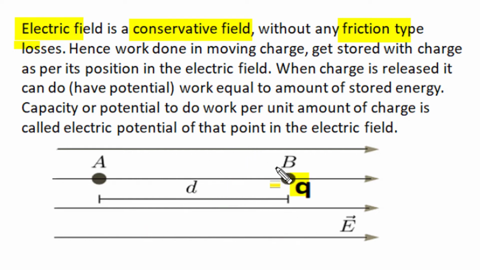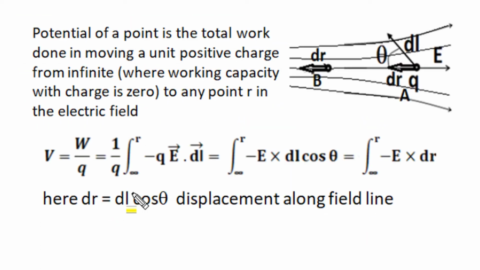A charge has a capability or potential to do work at different positions in an electrostatic field, and we say the capacity or potential to do work per unit of charge in an electric field is called the electric potential of that point in the electric field. At infinite distance from source charges, where the electric field is absent, the working capacity of a charge placed at that infinite position is treated as zero, and the total amount of work done in moving a unit positive charge from